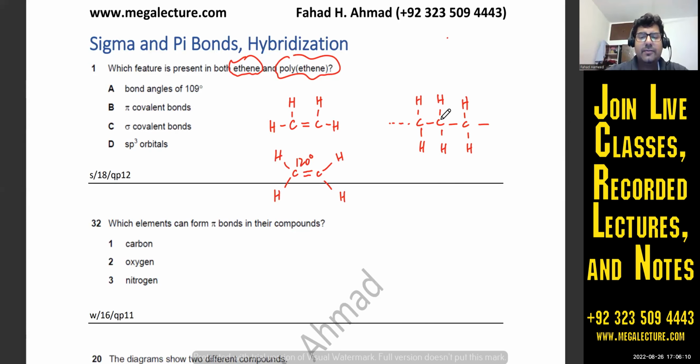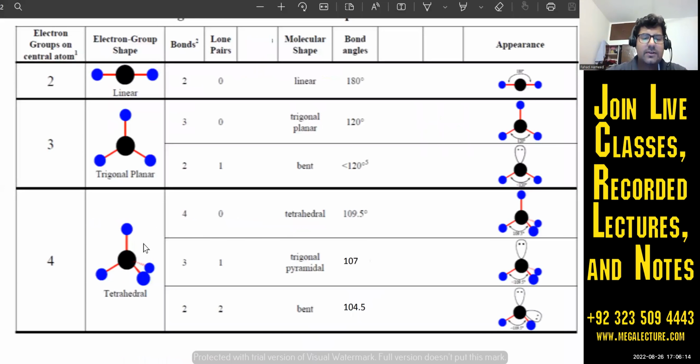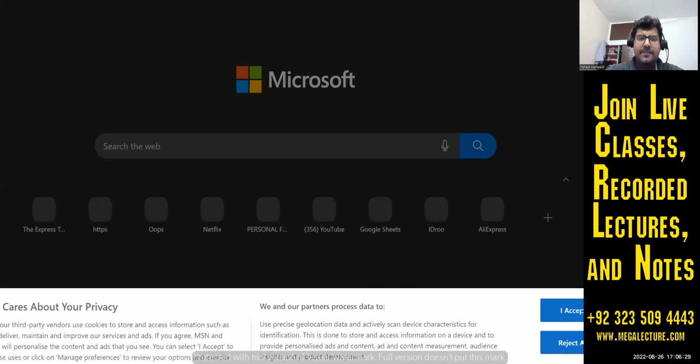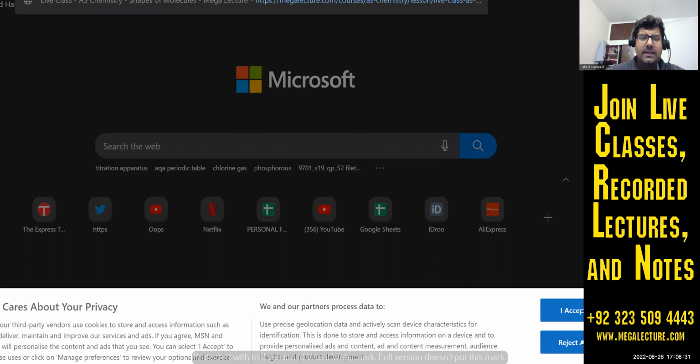And when carbon makes 4 bonds, what is the shape of 4 bonds? That's this one, it's tetrahedral. So this carbon over here would actually look tetrahedral, with an angle of 109.5 degrees. But in reality, it's not going to look like this. Okay, agar main polyethene ki shape